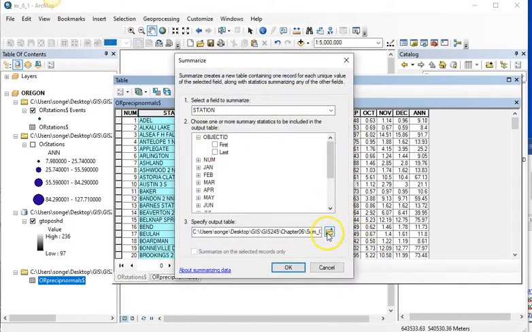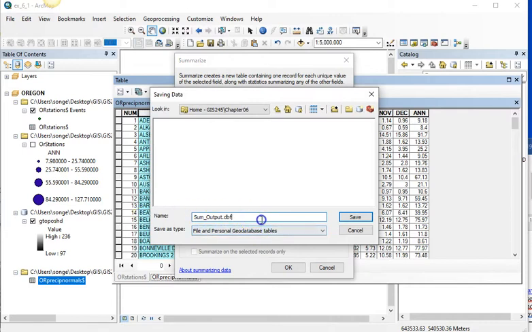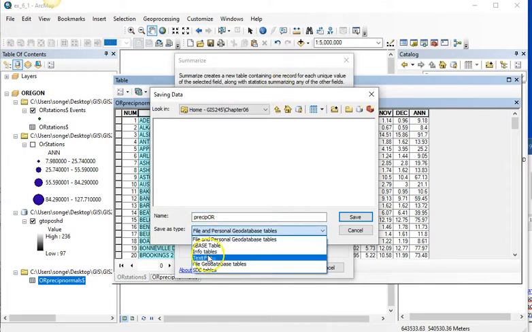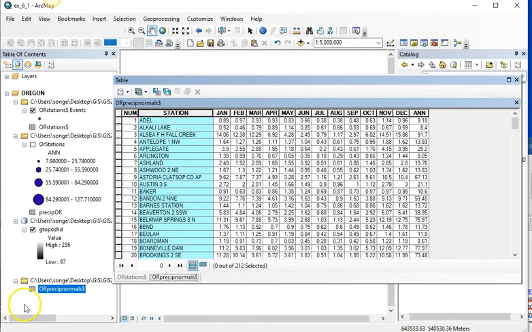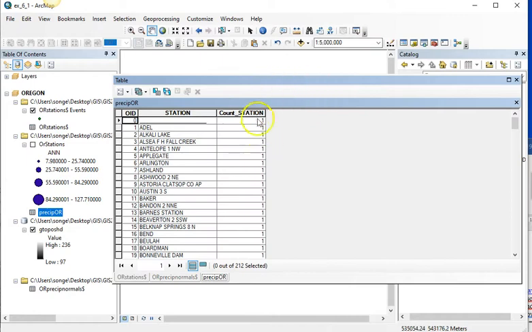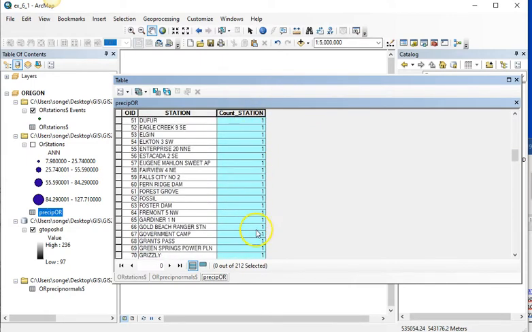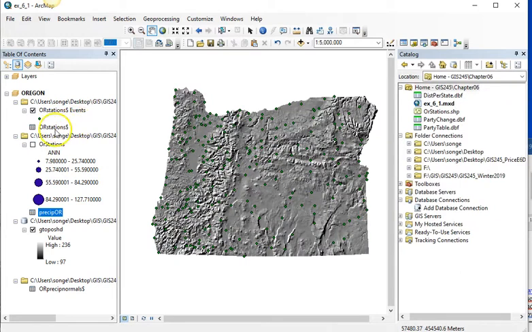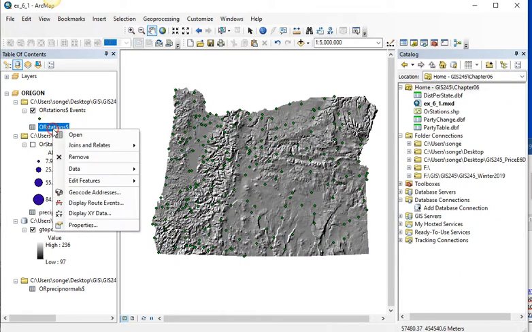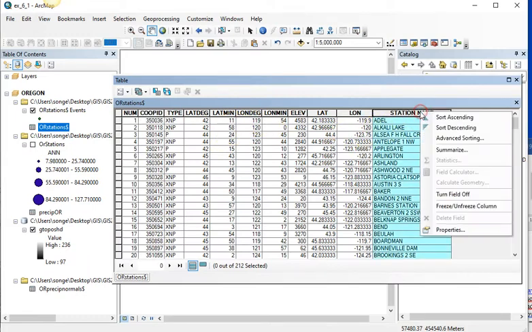And I think I'm going to call it Oregon Precip. And so if I open up that table, I should get a count of 1, which means there's only one record. So each of these is a unique record. And if I do the same thing in the Oregon stations with this name,